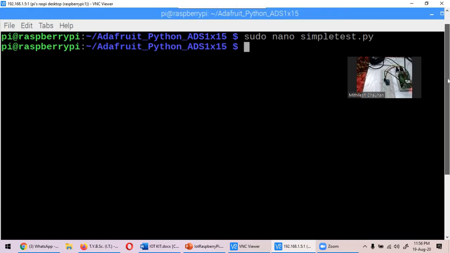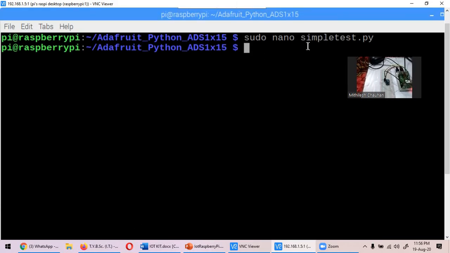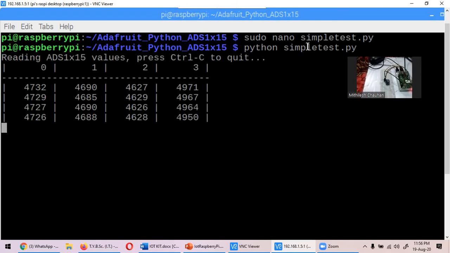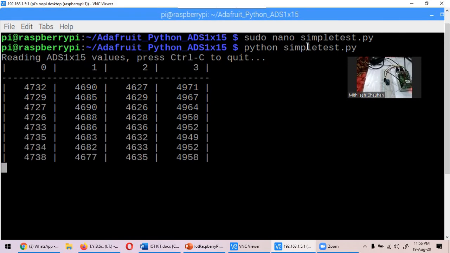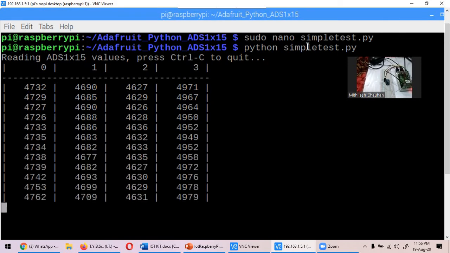So I've saved my file. My file name is simpletest.py. I'm going to run this file by running python simpletest.py. Now, as you can see on the screen, we are getting values from the module, but this is not